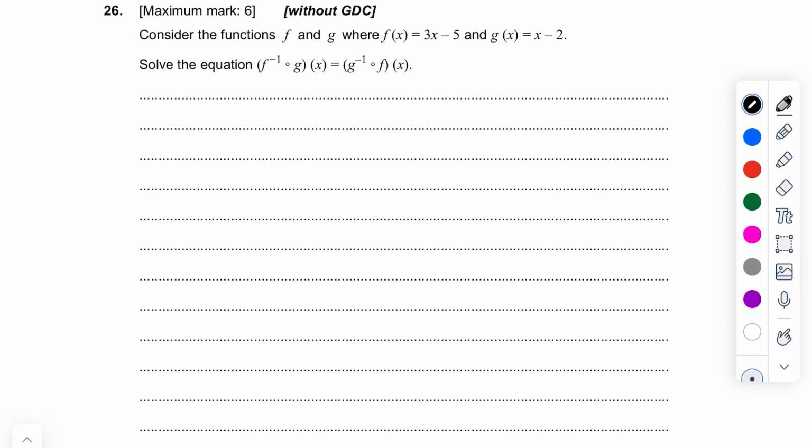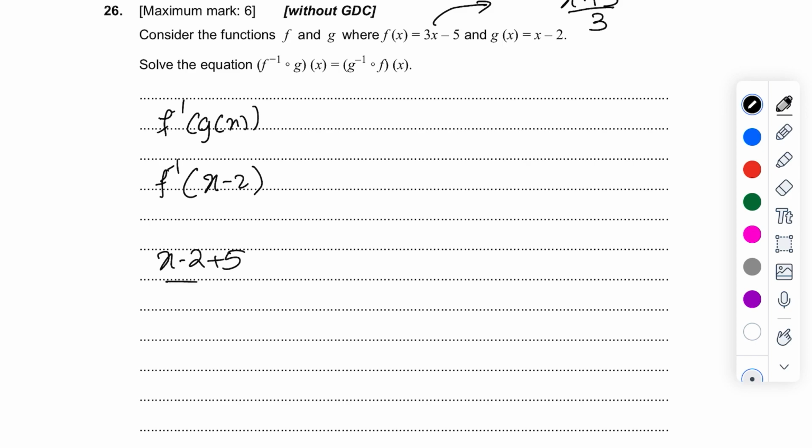Consider the functions, solve these equations. f inverse of g of x. g of x is x minus 2. For f inverse, minus becomes plus and times will become divide by 3. So f inverse of x is x plus 5 upon 3. So x minus 2 plus 5 upon 3, which becomes x plus 3 upon 3, should be equal to